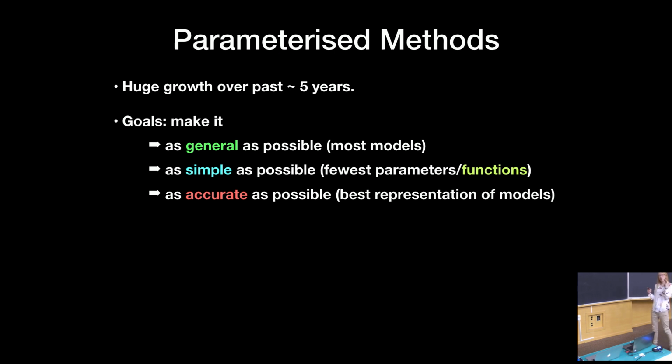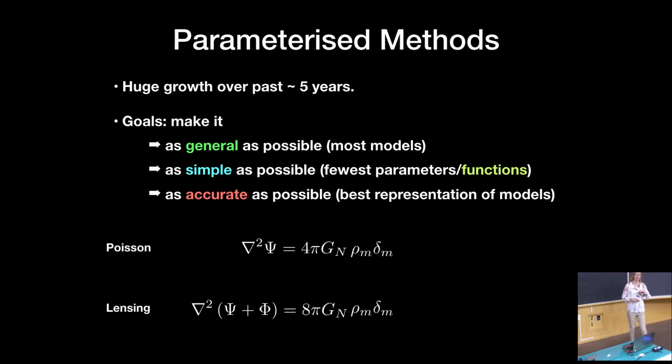So let me tell you about the simplest thing you might try and do, and then I'll tell you about the next level improvement on that. So the simplest thing you might do is to look at these two equations, which come from linear perturbation theory in GR. Right, you've got the Poisson equation, which relates gravitational potential to density fluctuation delta, and you've got an equivalent expression for your lensing potential, which, remember, is the sum of these two objects that appear in the conformal Newtonian gauge, etc., again related to your density fluctuation.